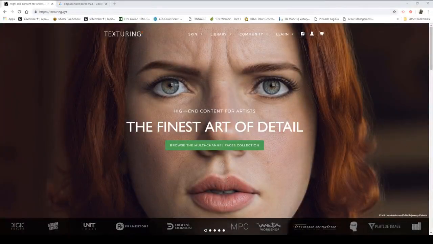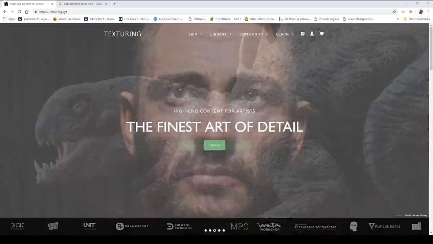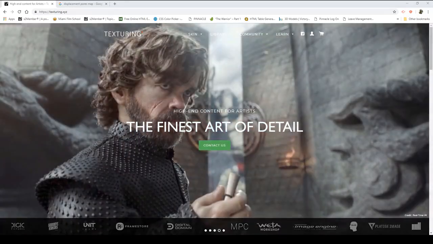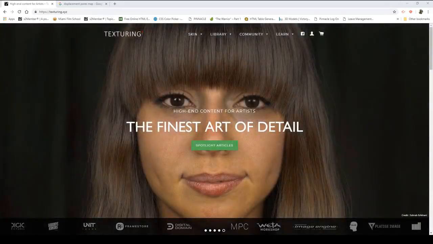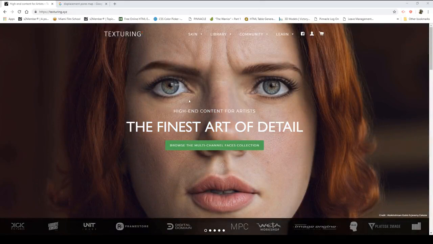Hey guys, in this video, we are going to move on to getting our displacement maps ready so that we could take them inside Mari and begin to project our pores on the character's skin, so that later on we're going to be able to use those displacement maps inside ZBrush to create those nice refined pores on our character's skin. And the really nice website that you could use to download those displacement maps that we need is going